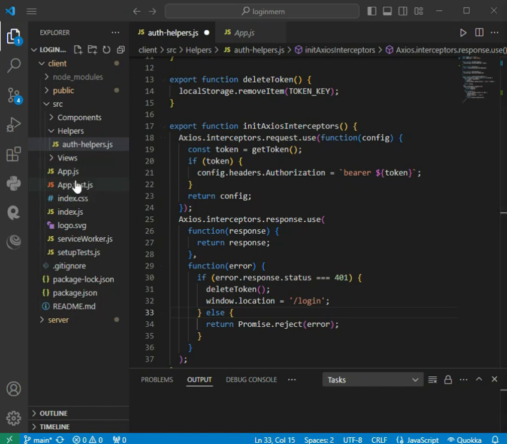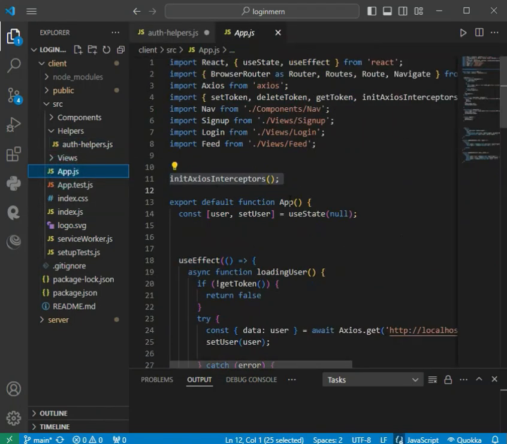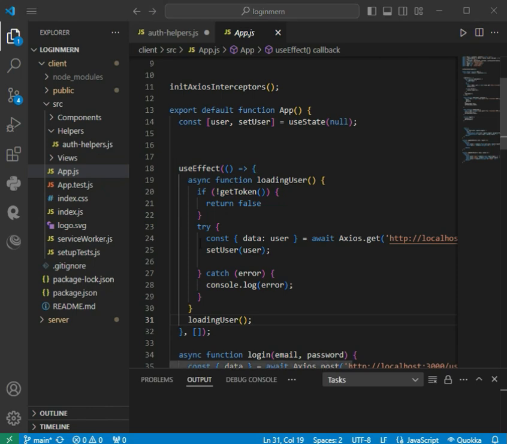So all these functions that we defined in this helper file, we then import from our main file. Here we call our function initAxiosInterceptors to set up the Axios interceptors. So when the useEffect mounts, it triggers the loading user function, and this function checks if there is a token stored